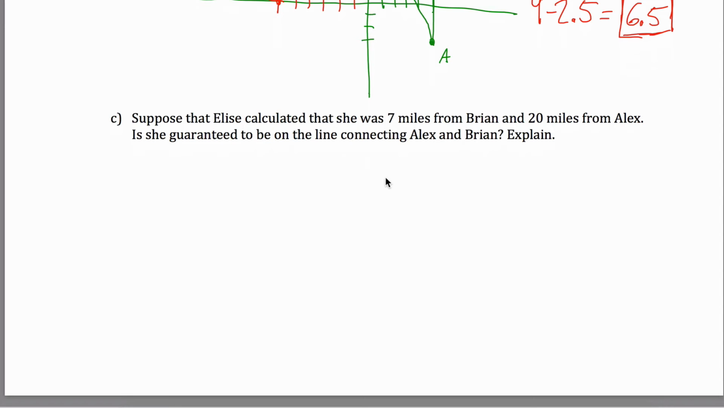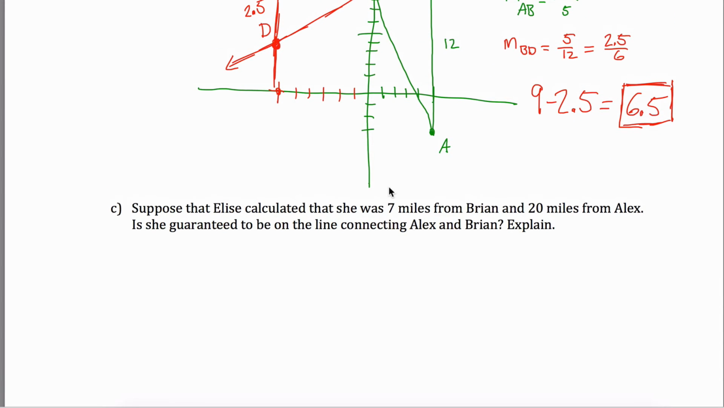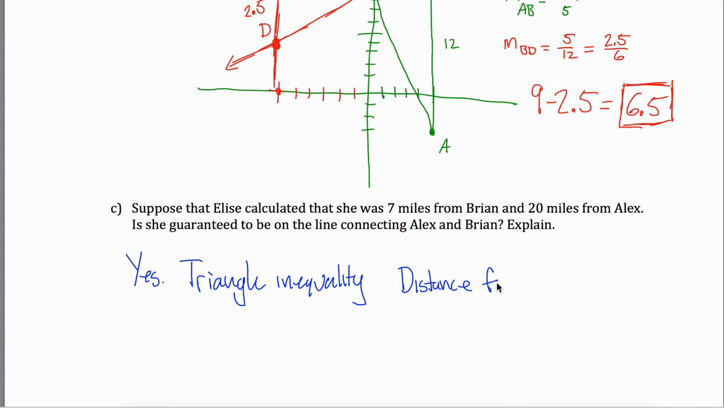Okay, this last one. Suppose that Elise calculated that she was 7 miles from Brian and 20 miles from Alex. Is she guaranteed to be on the line connecting Alex and Brian? Explain. Yes, she is. This is what's called the triangle inequality. And it says that if the distance from, let's see, the two furthest away would be Elise and Alex. So the distance from A to E